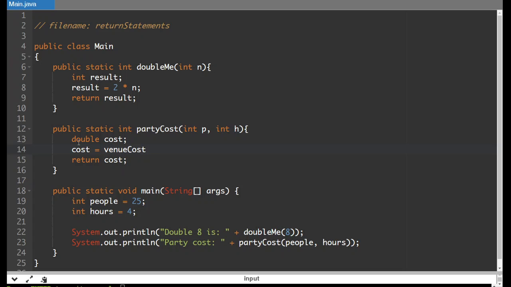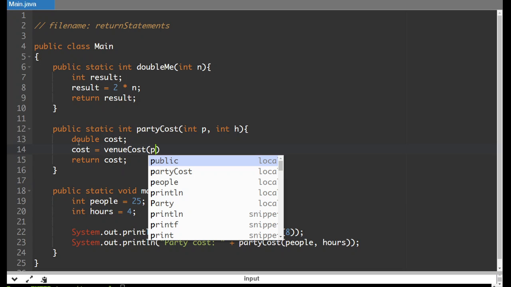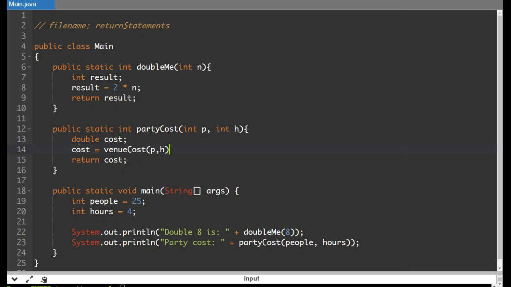So this is the cost of the location that we want to rent. And we'll create a method for that. And it's also going to need how many people and how many hours we'll be renting it for. And then we're going to have the